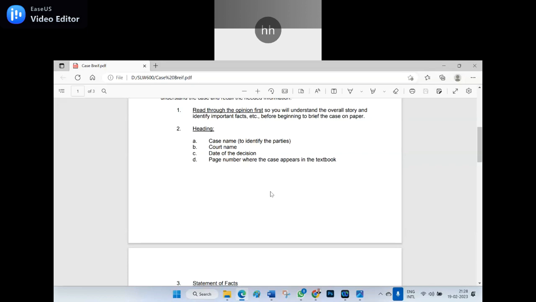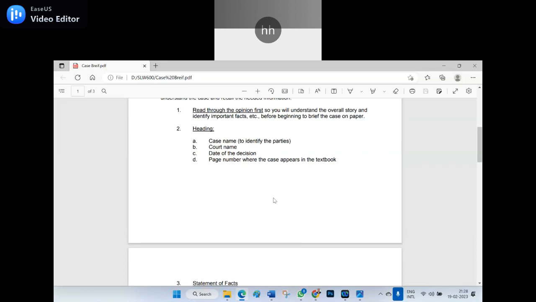And later on, comma, then comes the year. If it is All England Reports, it is a square bracket. If it is the King's Bench, it is a square bracket. If it is the Queen's Bench, it is a square bracket. If it is the Appeal Court, it is a square bracket. If it is the Times Law Review, it should be a square bracket. If it is the Weekly Law Review, it is a square bracket. Reports which have volumes always follow the square bracket, not the circular bracket, round bracket or parentheses.